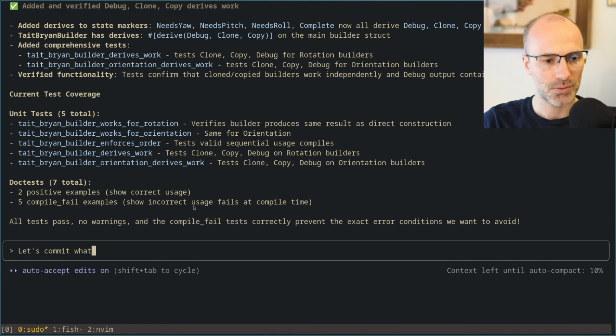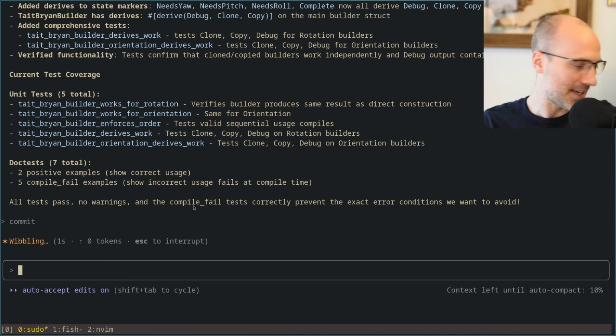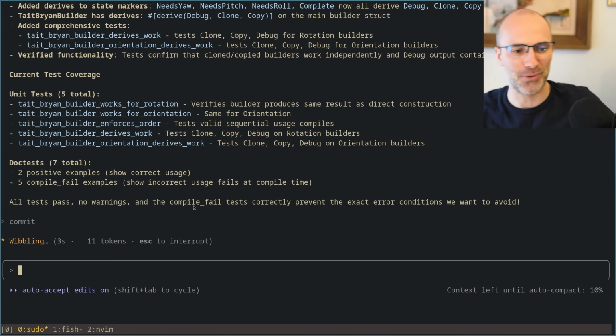Let's commit what we have so far, please. Or someone in the chat suggested be a jerk. Commit. Sure, let's try it. Let's see how well it followed the instructions about how to write commit messages.